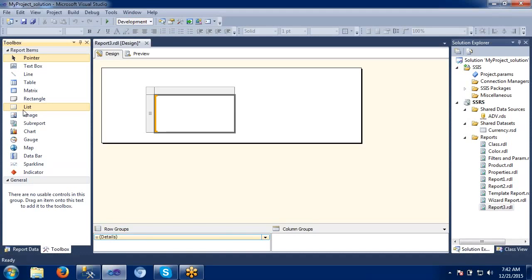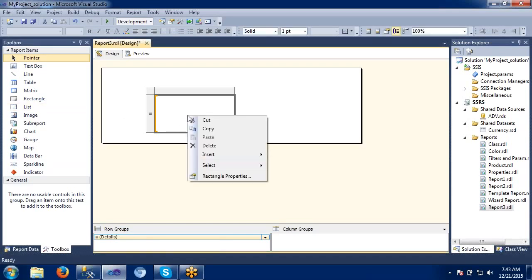A matrix is multi-dimensional. The table has rows and columns, so it is two-dimensional. In the text box, we can do whatever we want. Coming to the list, it is a free form report style. We can do whatever we want in the list here.